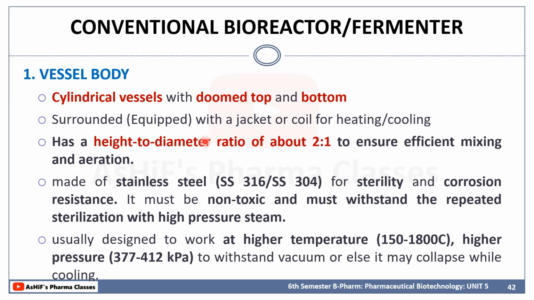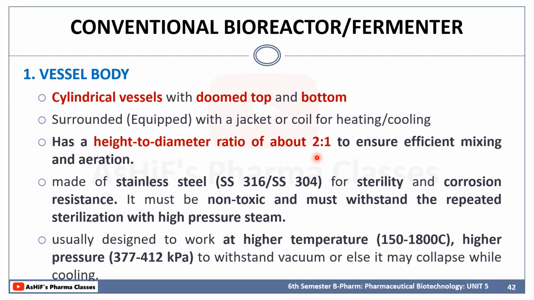Now let's discuss in detail the different parts of the fermenter. So the first one is the vessel body. This is the vessel body of the fermenter. It is usually composed of a cylindrical vessel with domed top and bottom. I have already mentioned why it is domed top and bottom, in order to avoid the accumulation of the products. Usually it is surrounded by a jacket or coil for heating as well as cooling of the entire fermenter. And usually the height to diameter ratio is 2 to 1,